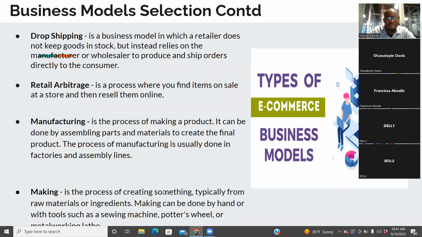The other one that is similar to manufacturing, but is not manufacturing, is making. It's called making. It's the process of creating something, typically from raw material. Making is done by hand or with tools, such as a sewing machine, potter's wheels, or